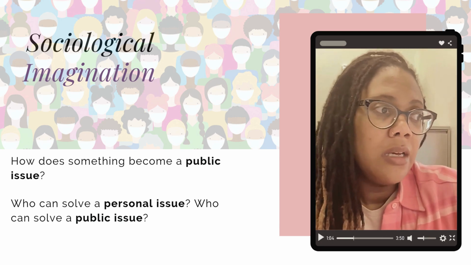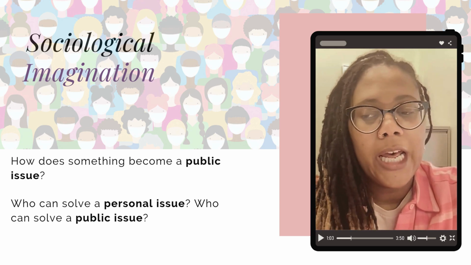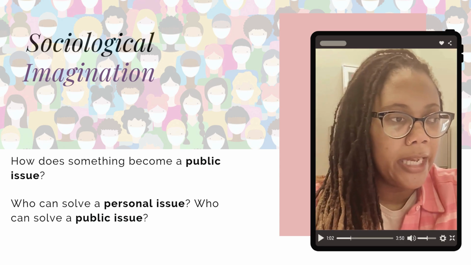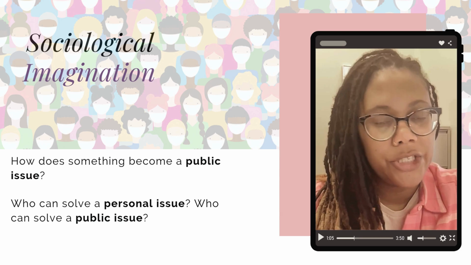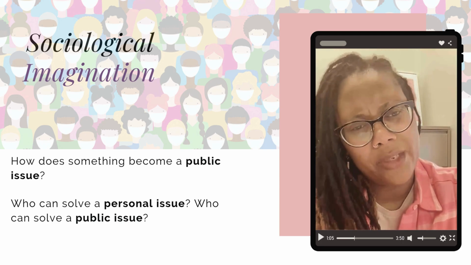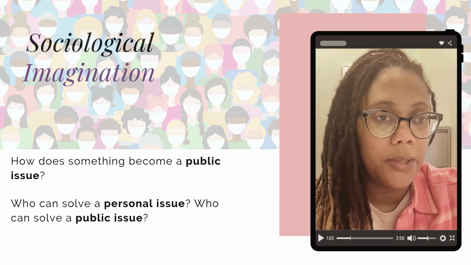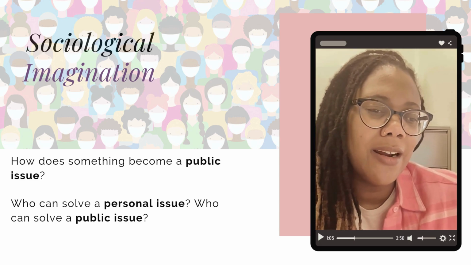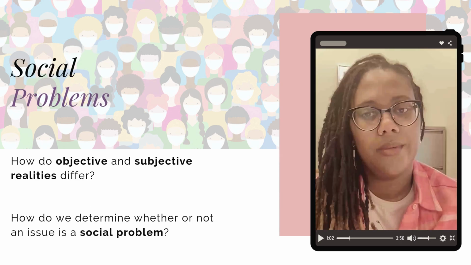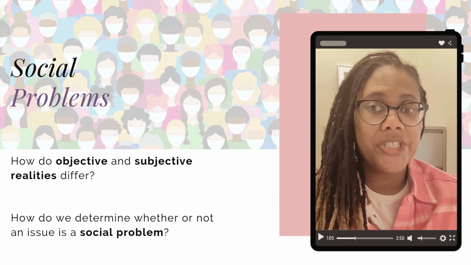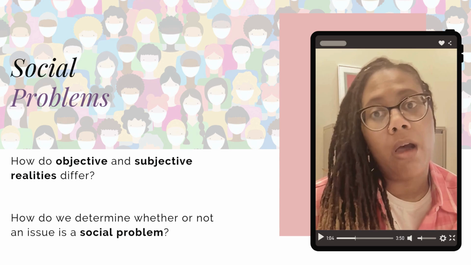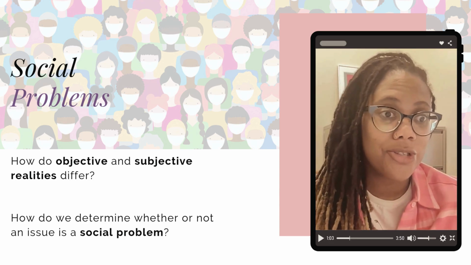Now, that doesn't mean that some personal issues aren't also viewed as public issues, right? So, for example, if there's an issue with performance or knowledge and skills, we might say, yeah, this is a personal issue, but maybe there's also a connection to our educational system as well, right? And so sometimes the dividing lines there aren't as black and white as we would really prefer that they be. So, the sociological imagination is super helpful here because it reminds us that a lot of our problems can be and are rooted in society and in our social structures.